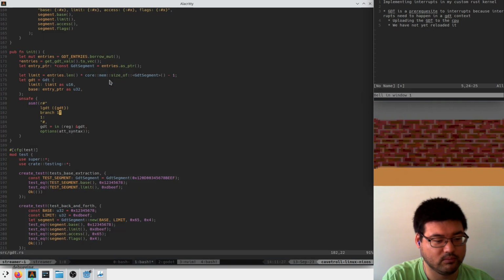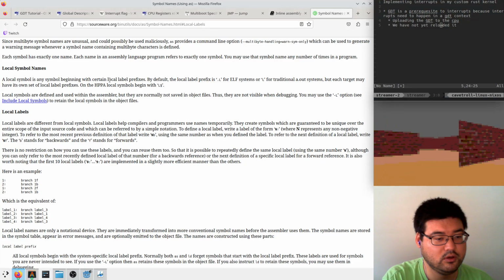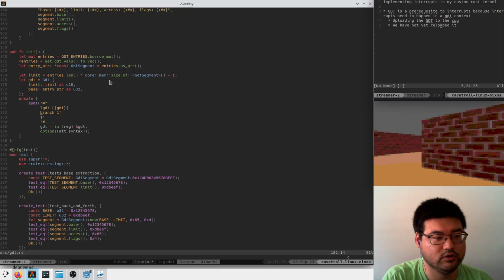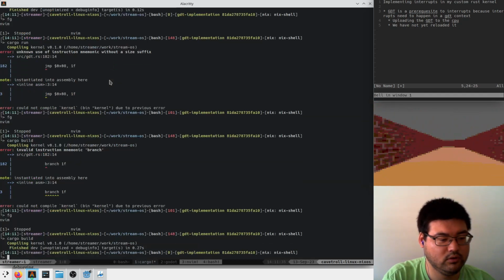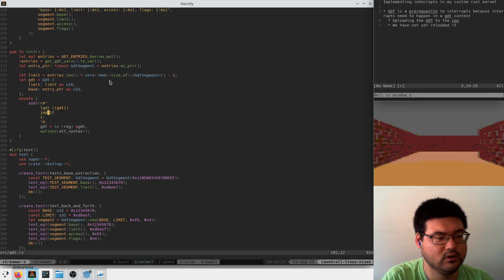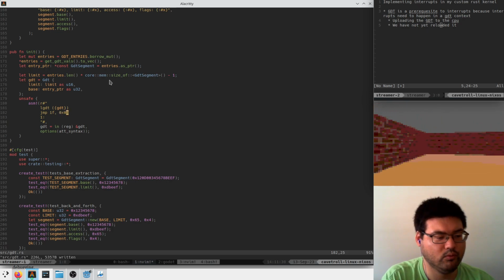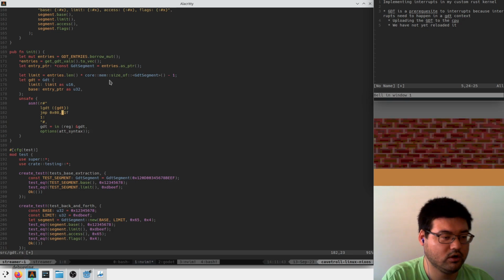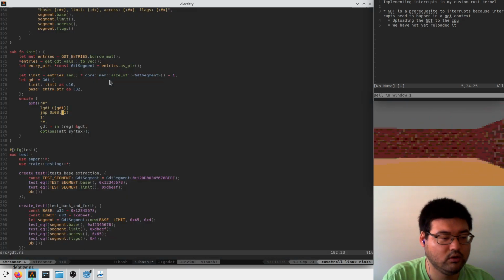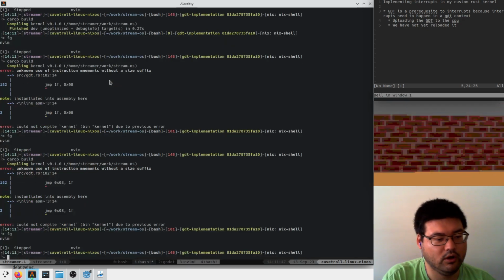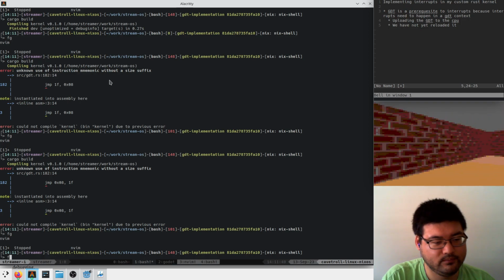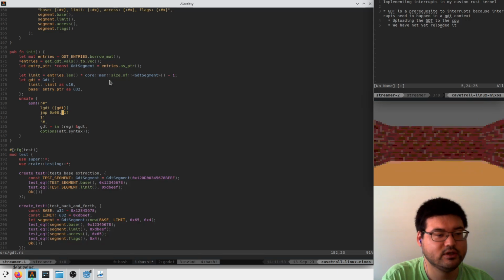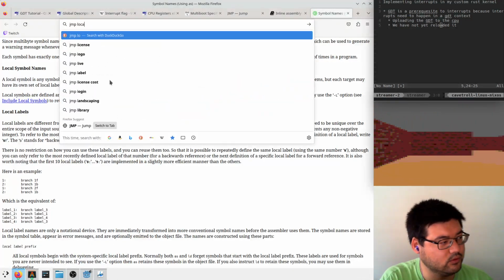Invalid instruction mnemonic branch. Jump? Okay, so that works. But jump with a segment specified does not work? That's annoying. Unknown use of mnemonic without a size suffix. So jump local